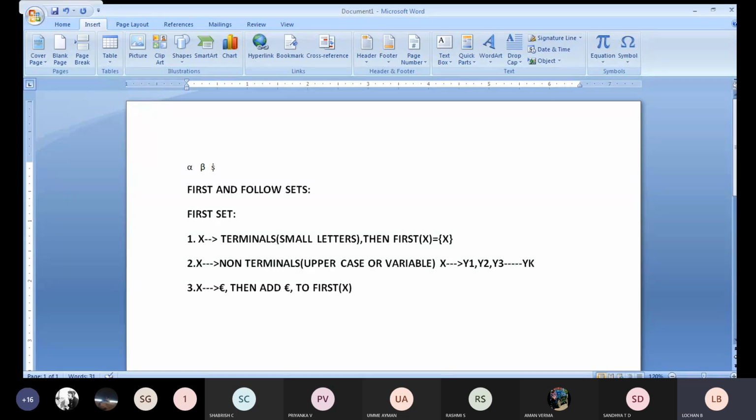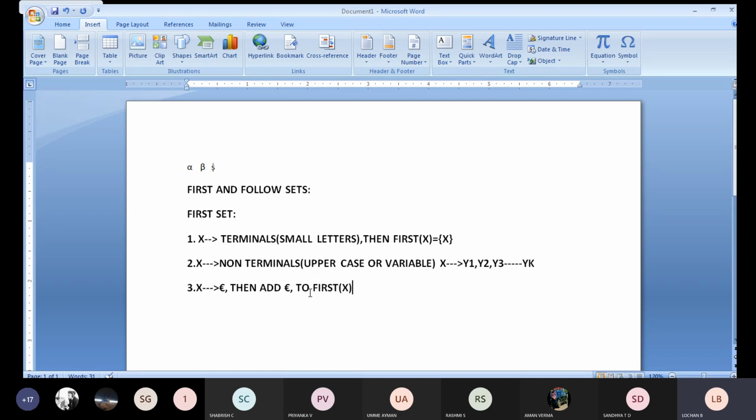See, this is very important from your examination point of view as well as your lab program also. We will be making use of first and follow sets. First, we will be calculating your first set. To solve the first set, in your notes I have given some three points, or I can say three algorithms: the first algorithm and the follow algorithm. In the first algorithm, we will be following three steps. I'll repeat once again. In the notes, if you see the first and follow set, in the first you will be getting three important steps to solve the first sets.